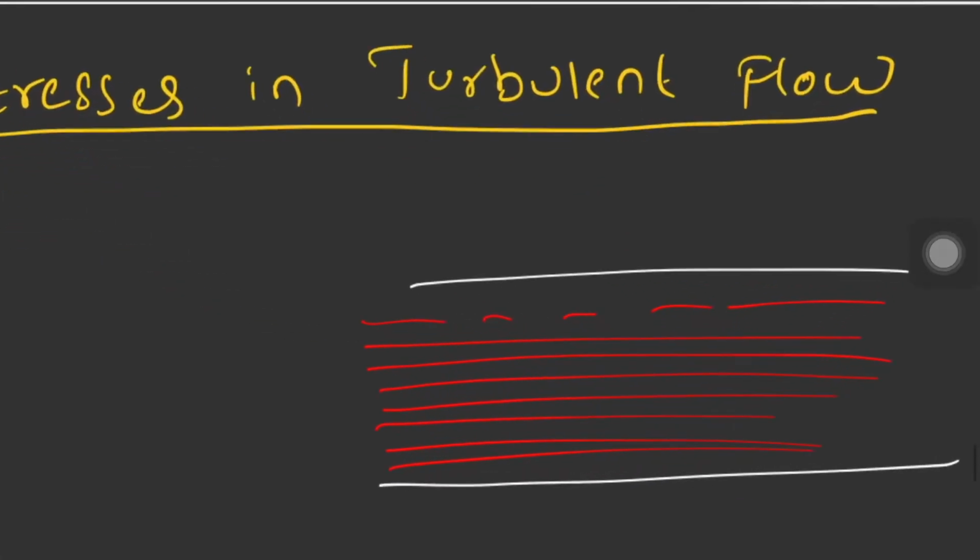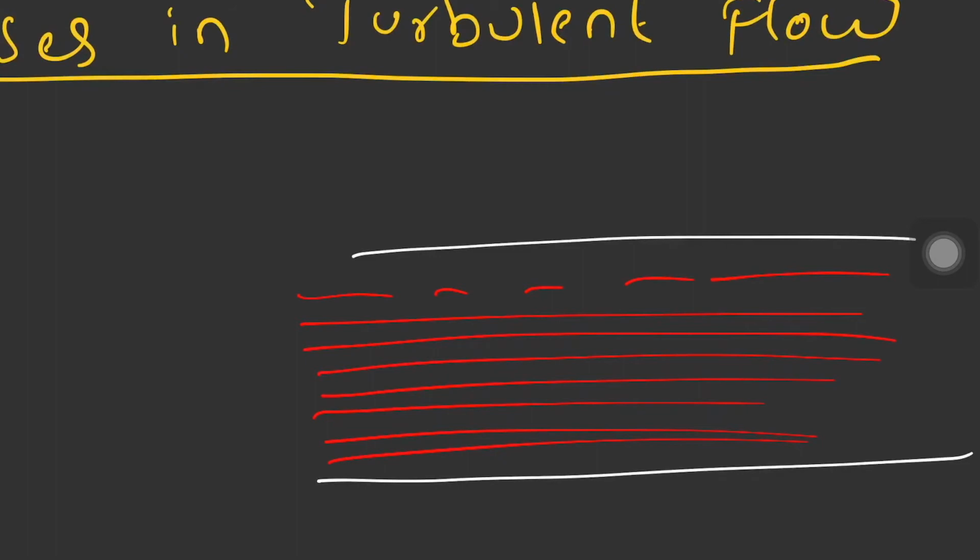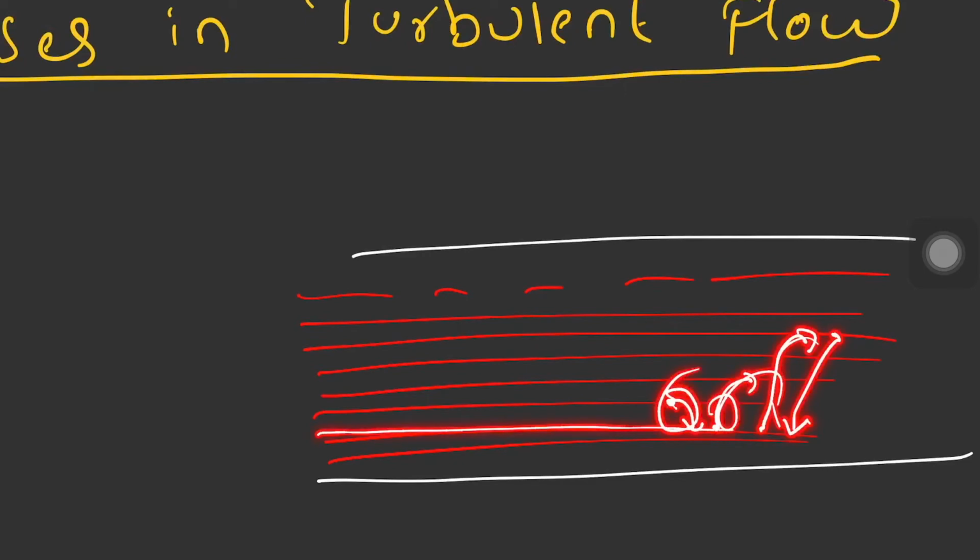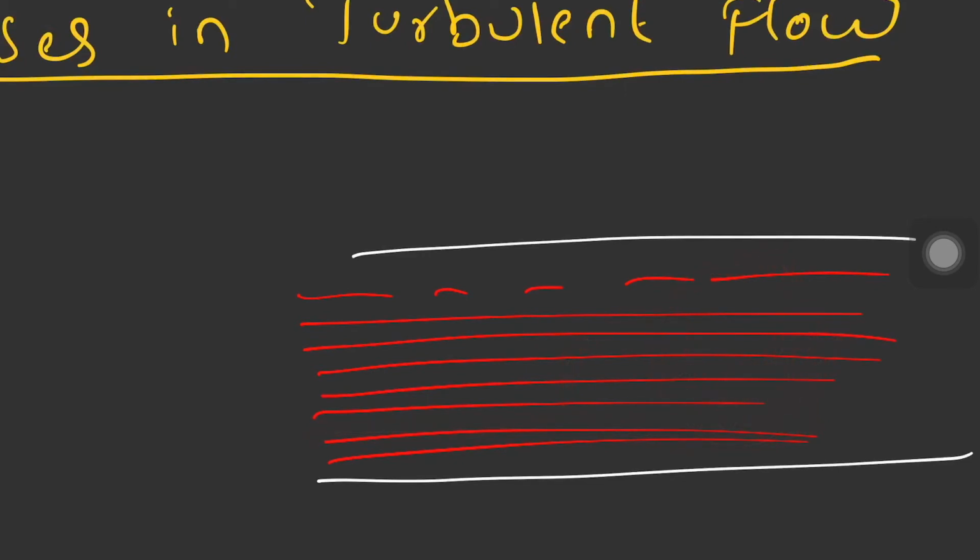I'll zoom in for your convenience. Because of complete mixing, a particle over here jumps here, a particle over here can jump to here, which means complete mixing. One particle won't stay in a particular line, it will keep on jumping. This is turbulent flow. In laminar flow they all go in a straight line, but in turbulent flow they jump